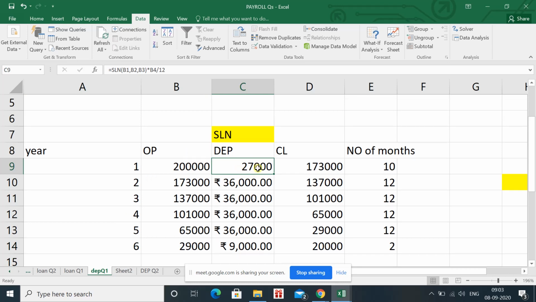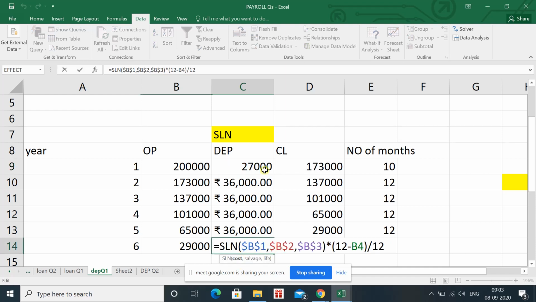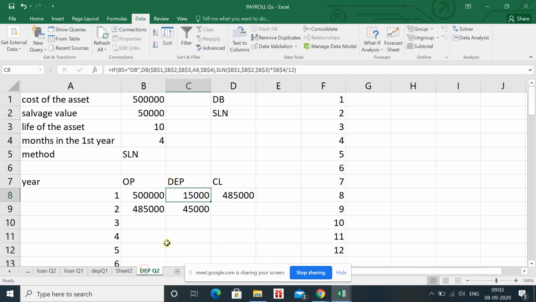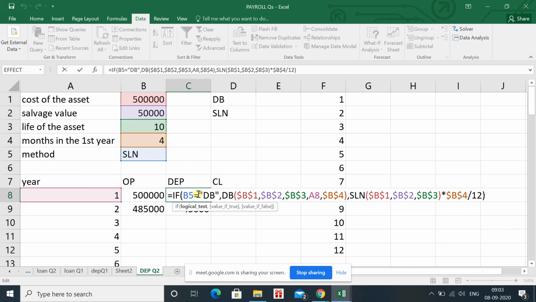So straight line में आपको different formula लगाना पड़ता है in the first year and in the last year, as in the first year and last year you are not using it for the full year. तो यहाँ पे जो क्वेश्चन नंबर 2 है, in this question we are applying a different formula in the first year and a different formula in the second year.